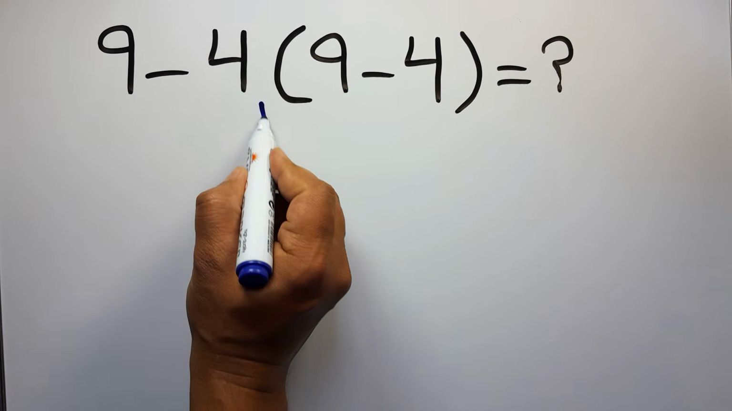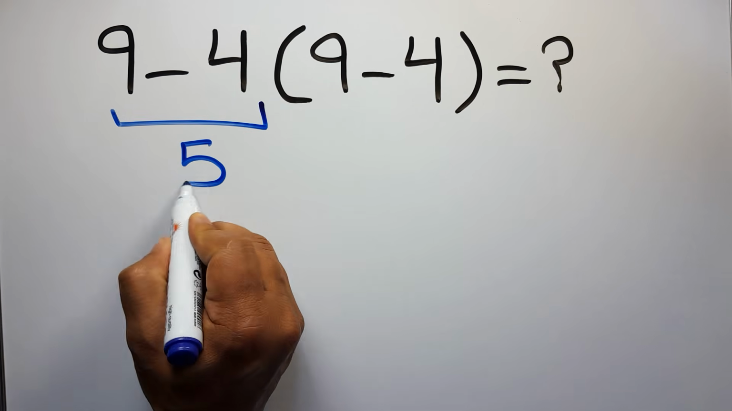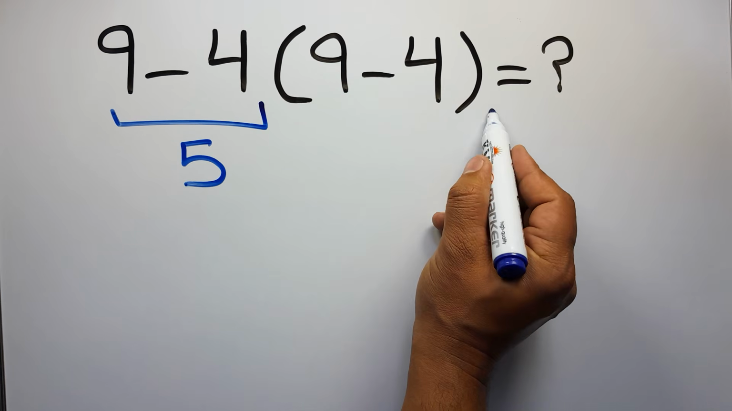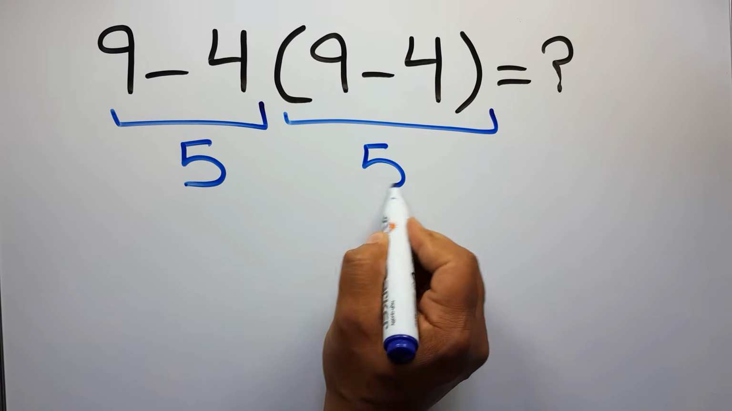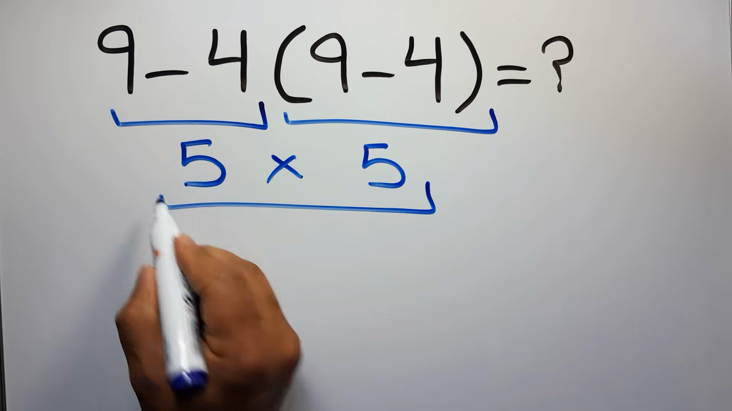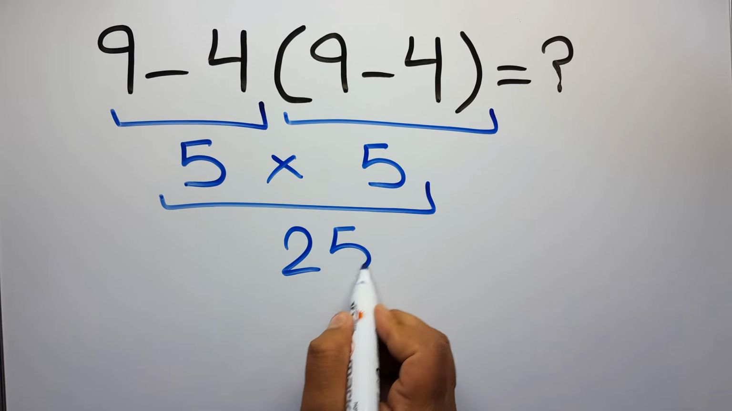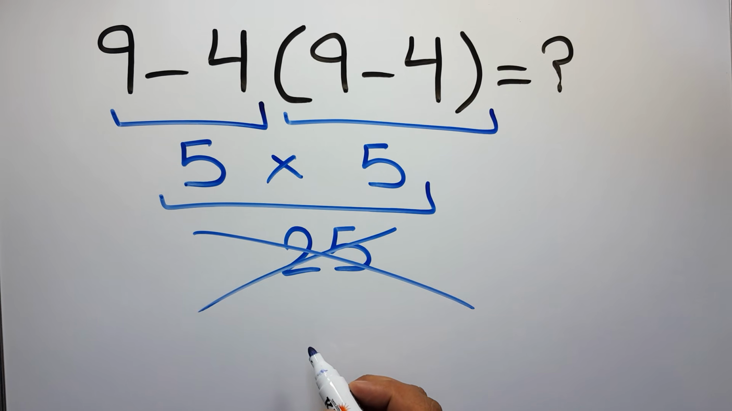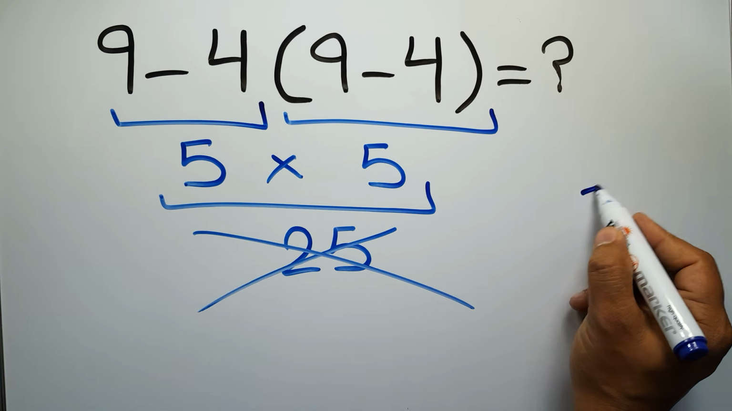9 minus 4 gives us 5. And again here inside this parentheses we have 9 minus 4. So 5 times 5 equals 25. But this answer is not correct because according to the order of operations, which is PEMDAS,